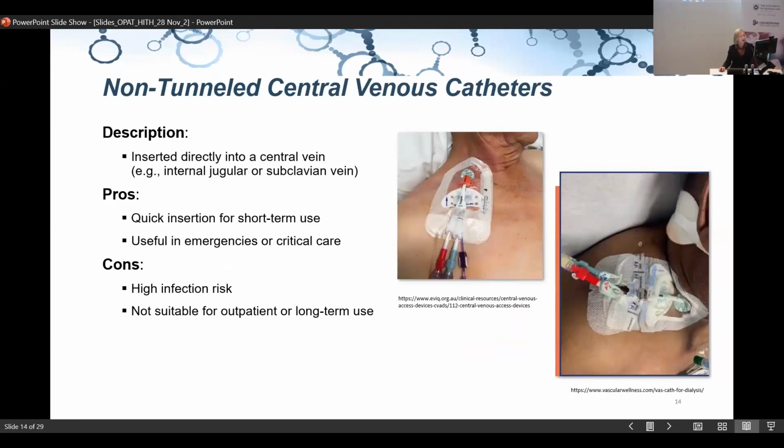The non-tunneled catheters, centrally located. That's generally what you'd be seeing: the subclavian vein or the jugular, internal jugular access. They're really more for acute, quick insertions that are required for acute situations. They're very short term. They've got a high risk of infection. They're very difficult to secure a lot of the time, particularly when they're jugular, up there on the neck, trying to secure those,